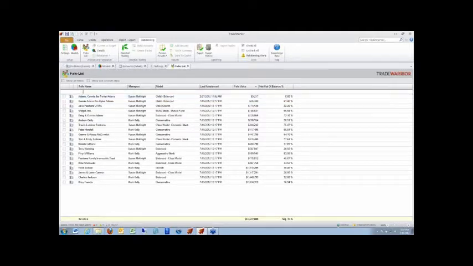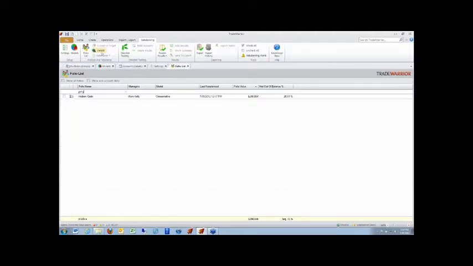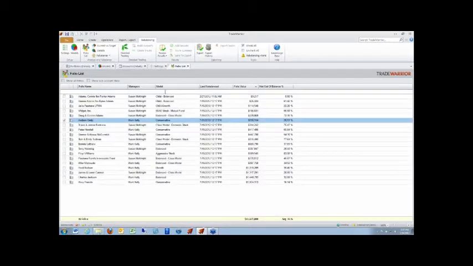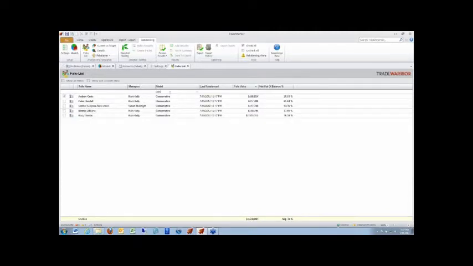rebalance. This top row here is a filter row, so just to give you an idea, if I just need to rebalance one client today, I could quickly filter him down, come over here, select him, and we could send him through the rebalancer. Or you can do things like, maybe you just want to trade your conservative models today. You could filter those down. And the system is a multi-filter system, so